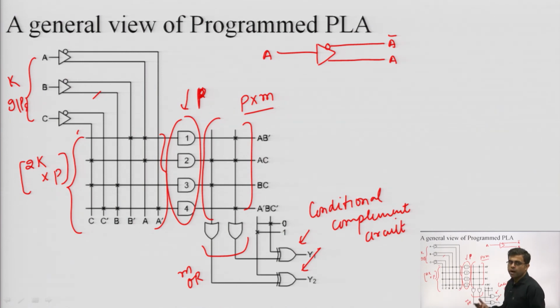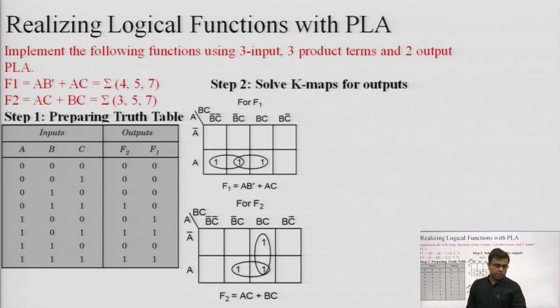So if my circuit requires the complement of a function, then this can be used. If I have realized F bar and I need F, or if I have realized F and I need F bar, I can use this arrangement. We have already seen the XOR gate in unit 1; it can act as a controlled inverter. If one input of the XOR gate is fixed to 1, it acts as an inverter, and if that fixed input is 0, it acts as a buffer. Okay, so let's proceed further, realizing logic functions using PLA.